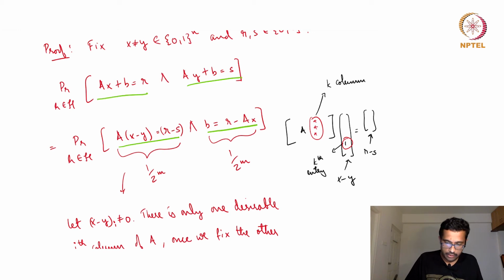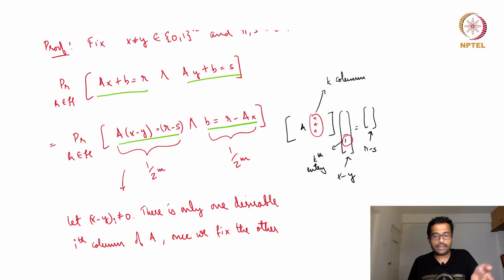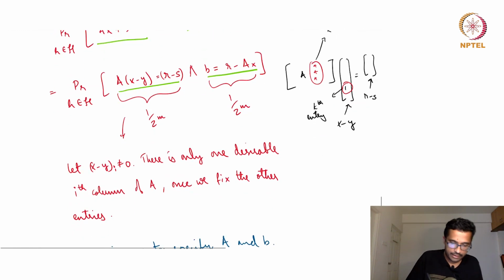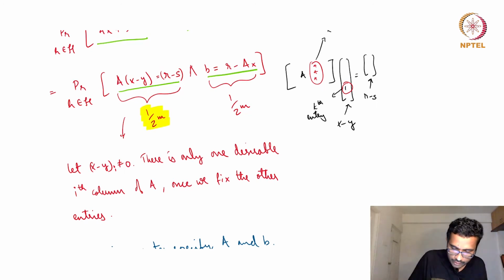Now whatever A is, once A is fixed, r minus Ax is just another vector, and we want b to be equal to r minus Ax. So again, b is just a vector of m entries. What is the probability that b is equal to that vector? Again, b was randomly chosen. Capital A was randomly chosen, capital B was randomly chosen, and each entry of b has to equal the corresponding entry of r minus Ax. Again, there are m entries, and each one of them should be chosen in a similar, favorable manner. So it's 1 by 2 power m for that as well. The choice of A is 1 by 2 power m, and the choice of b is also 1 by 2 power m.